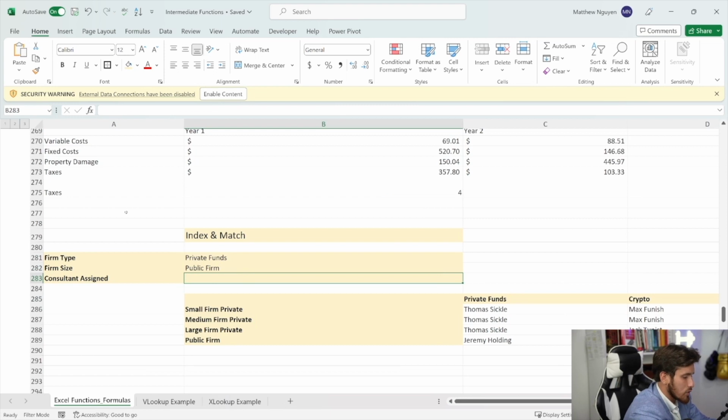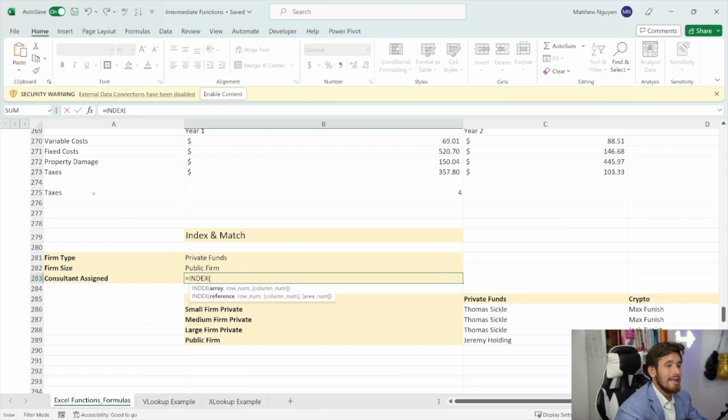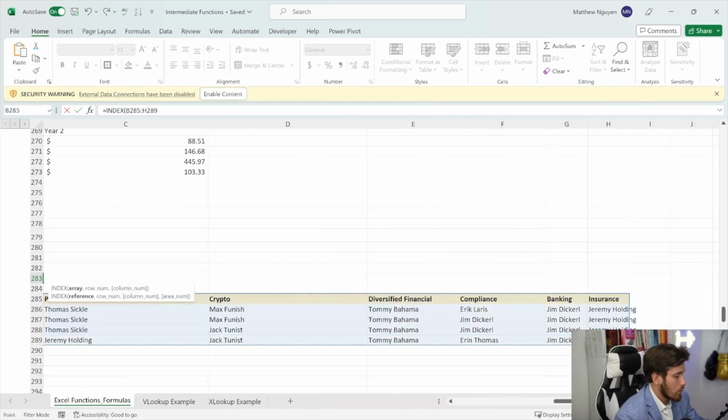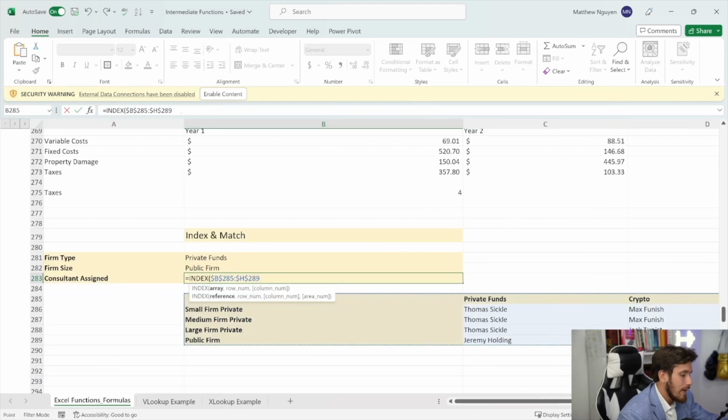So what we're going to do is equals index. In that index function, we're going to provide it an array. We're going to provide this array. We're going to click F4 to lock that up. Now, instead of feeding it a row number here and then a column number here, we're actually going to feed it a match function. So the match function, we're going to look for,